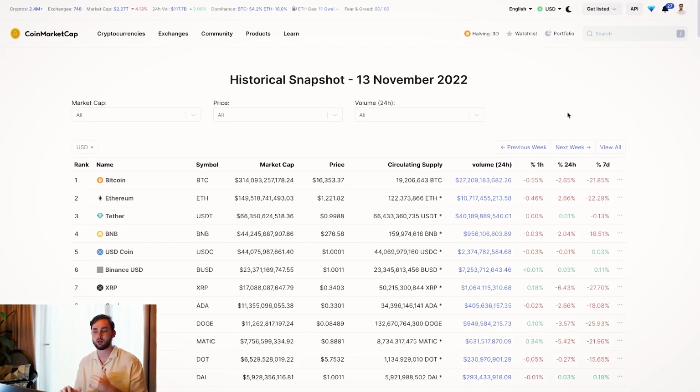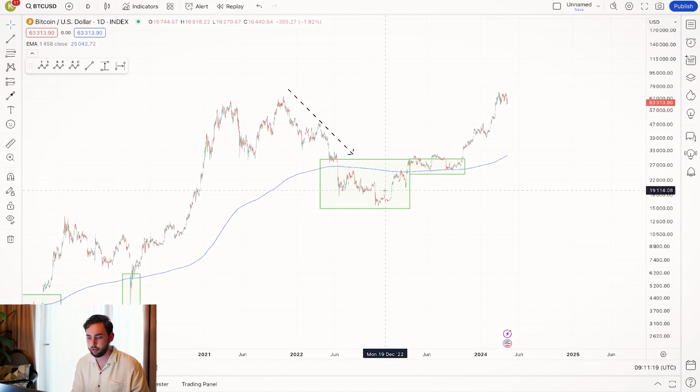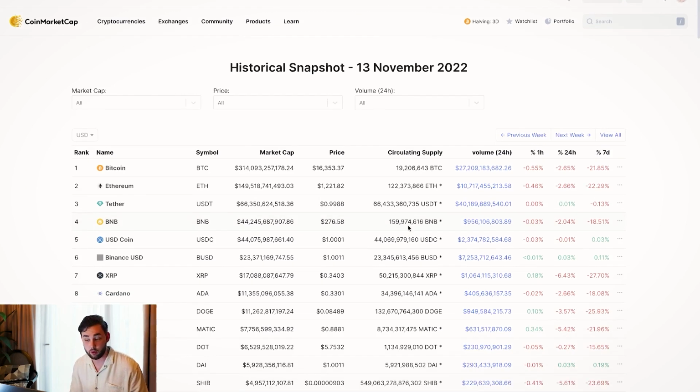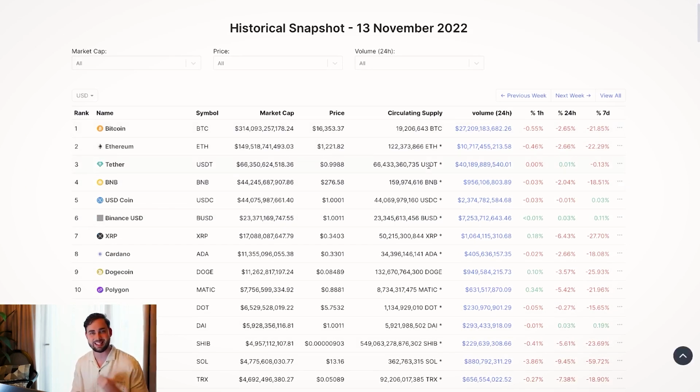Now, if we have a look at about 13th of November, so if we go back to this chart over here, 13th of November was somewhere around the very, very bottom over here in the chart. You can see many of these projects were very cheap, right? Bitcoin being particularly $16,000. What an amazing steal. Now, again, you would have had people screaming at you, hey, look, price of Bitcoin is going to go lower.